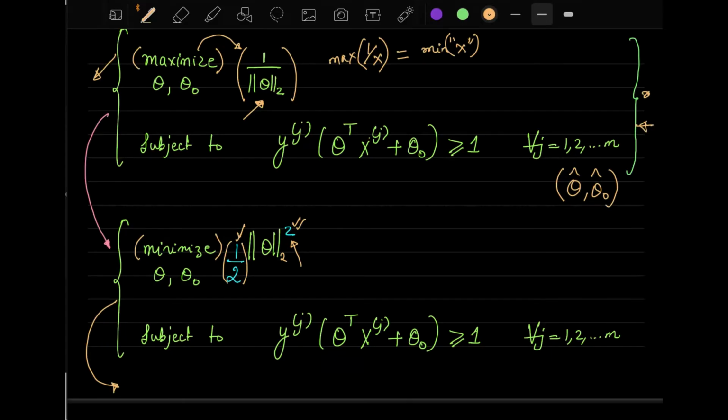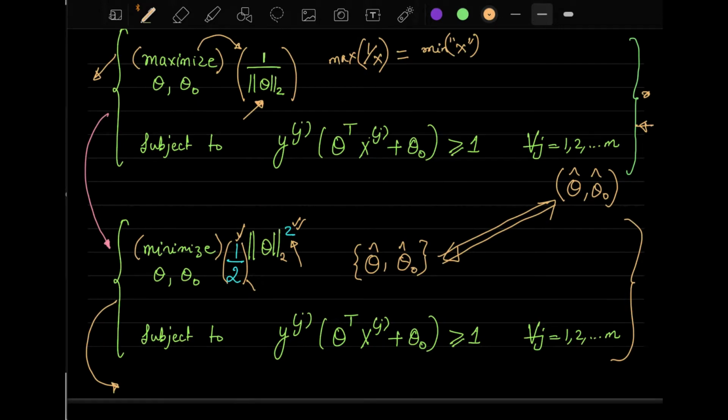If you solve this particular problem where I divide by half and square it, then whatever we get here, the same optimal solution will be there, which is the same as the solution you get for the earlier objective function. So these scalings and squaring will not affect the solution. Till this slide, if anybody has any doubts, they can ask me. Otherwise, we will move forward today to the next part of SVM.